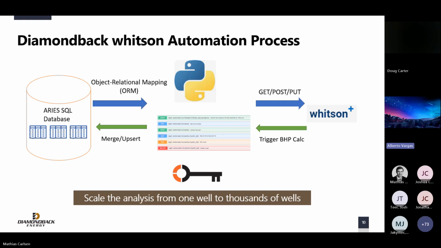Further, by using Whitson APIs, we automated data transfer, BHP calculations, result retrieval and back population into our databases. So the good thing is that the whole setup handles thousands of wells with basically zero manual effort, unless you